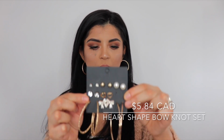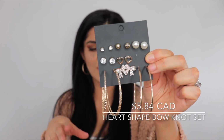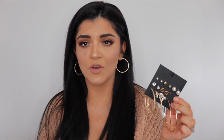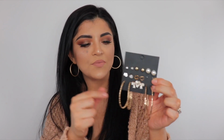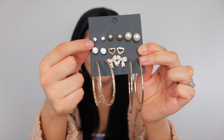Okay, so the next thing I want to show you guys are these earrings. I wanted some hoops because I haven't had hoops in such a long time, and I feel like hoops can dress up any outfit and can really make you feel glam and in a really good mood. So I am wearing a pair right now, but I got all of these and they have little bow ones, little hearts, little diamonds, and